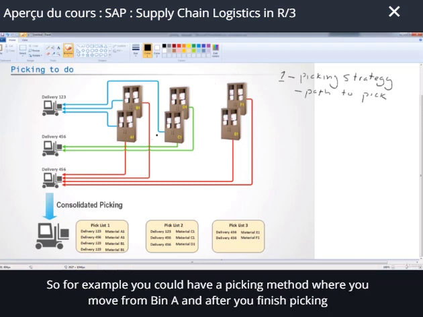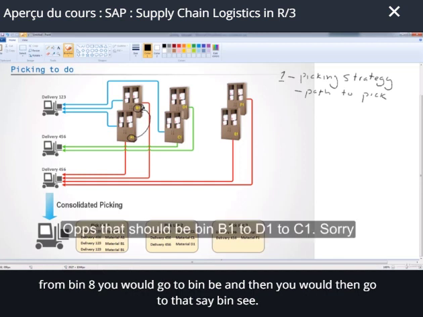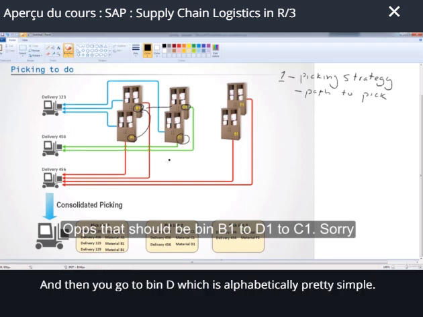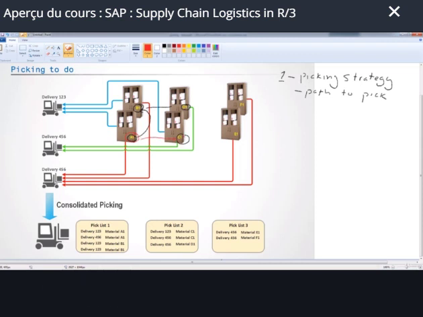So for example, you could have a picking method where you move from bin A, and after you finish picking from bin A, you would go to bin B, and then you would go to, let's say, bin C, so you have to go backwards again, and then you go to bin D, which is alphabetically pretty simple. But as you can see, it may not be the most efficient way to do your picking. You could do picking from bin A